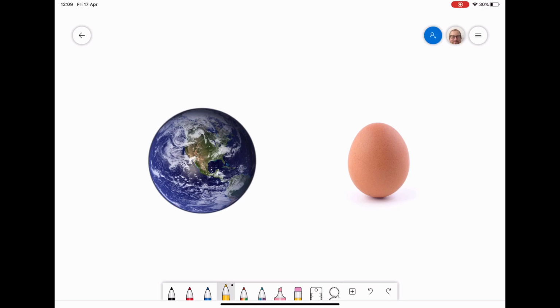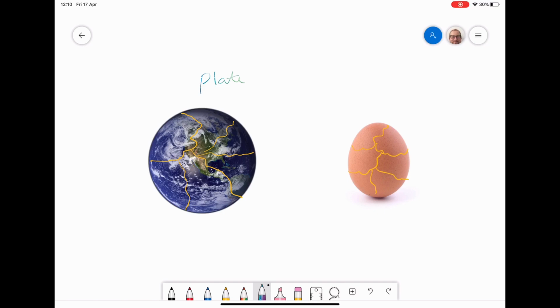So we've just looked at the 4 layers of the Earth, and I want to focus at the moment on the top 2 layers, the mantle and the crust. The best way to think of the crust is a bit like this egg here, but if the egg has been dropped on the floor and had loads of cracks on it, and the Earth is very similar. The Earth's crust is cracked into all these what we call plates. All of this top thin layer of the crust is broken up into all these different